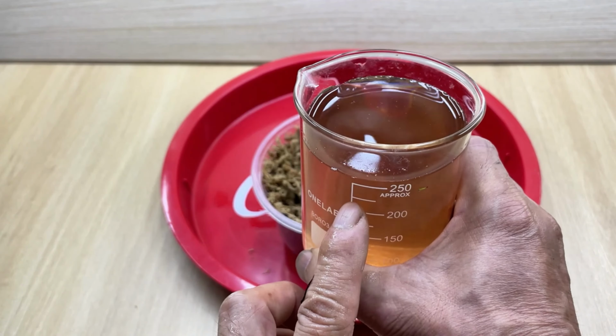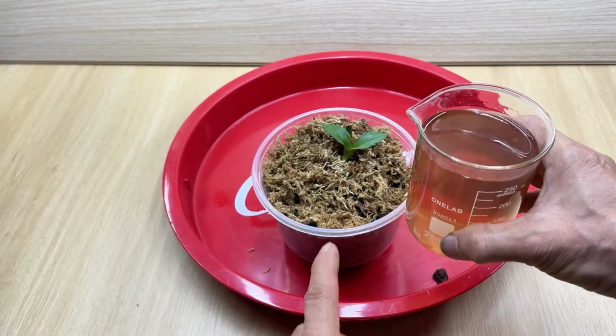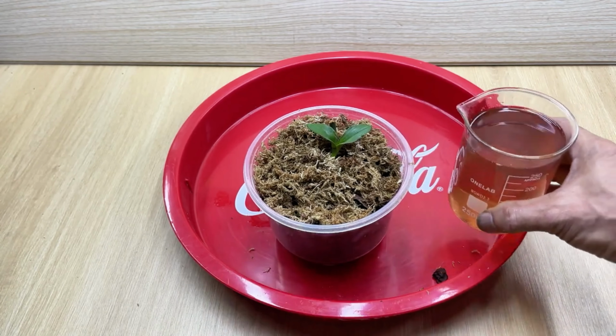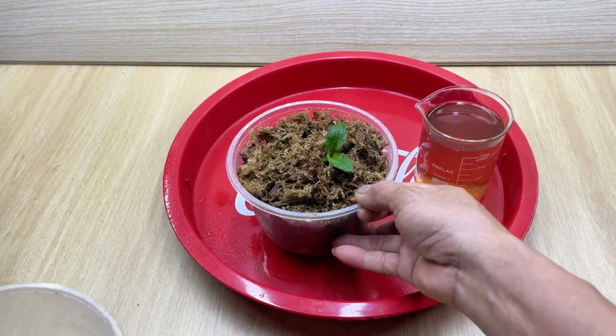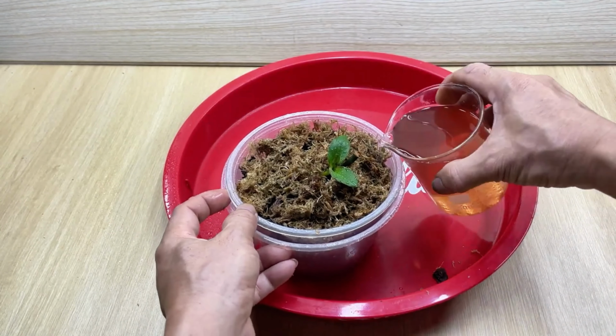Here, I have prepared natural fertilizer from garlic and banana peels to water the orchid. With this nutrient solution, you use it about once every 2 weeks and should do it in the early morning or late afternoon. This is the time when the plant absorbs nutrients best, while avoiding harsh sunlight that can evaporate or reduce the